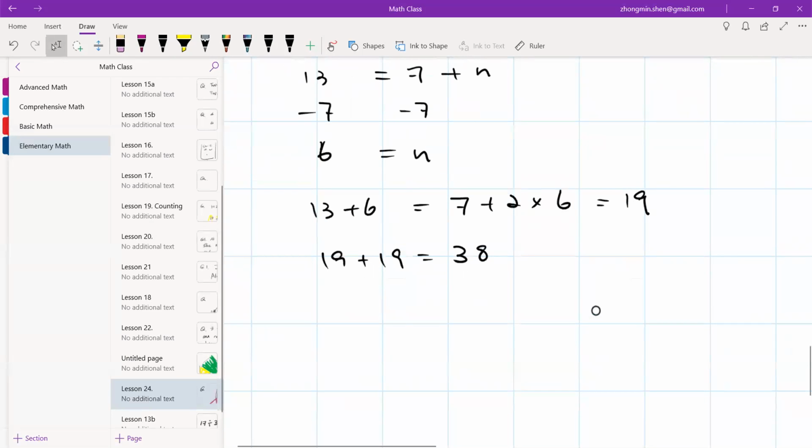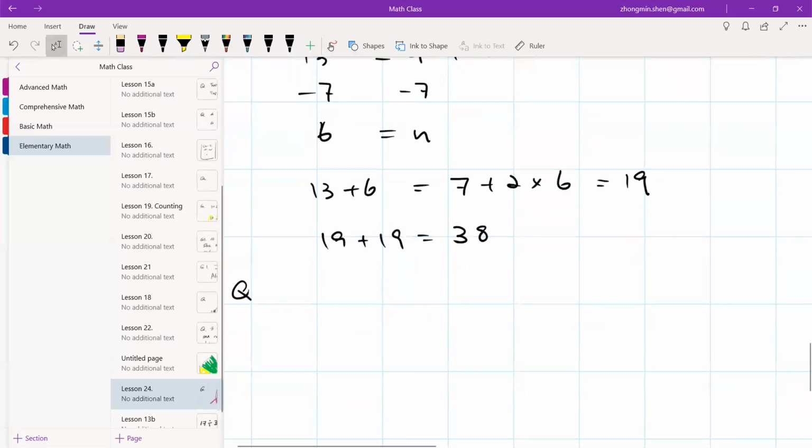Okay, so for our next problem, I try to give you two different ways to solve the problem. And one is a little bit advanced using equations, so that some students can catch on and learn this quickly. Okay, the next problem is